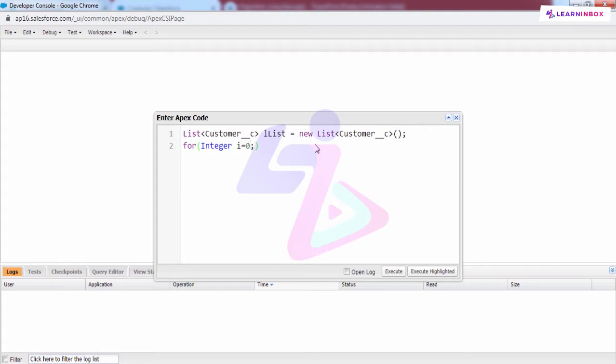For example, I want to insert only 10 records into my customer object. So i less than 10 and i plus plus. So the index value would be from 0 to 9.